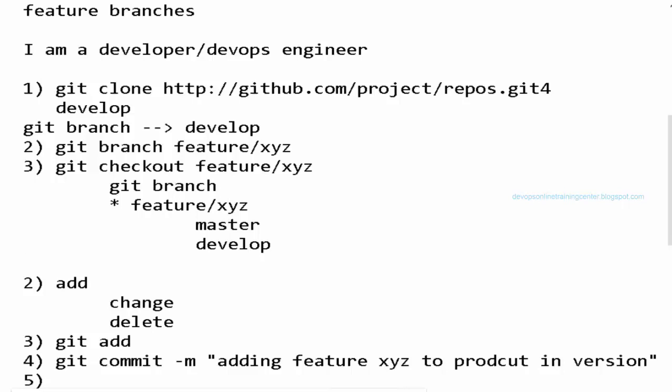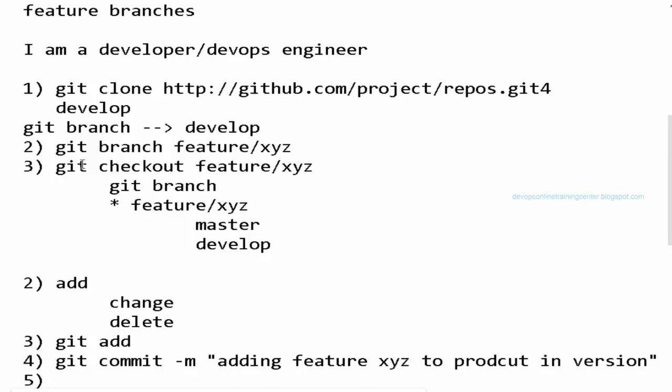Remember that when you create a branch and check out, it is actually checking out from the develop branch. So all the files will be also available in the develop branch, the same files will be available in the feature branch. So don't get confused between the branches and make changes to the develop branch. We should not make changes to the develop branch. What we have to do is work in the feature branch, and that too in the local machine first, right?